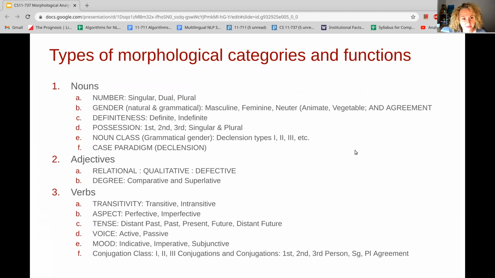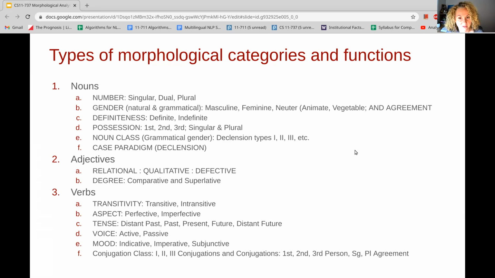In this slide, which I will not read to you, but you can use later as a reference, I list the types of morphological categories across parts of speech. All languages possess the same set of about 25 categories, number, gender, tense, each of which has several functions. So there are roughly 25 categories and roughly 100 functions. For example, a category for nouns,